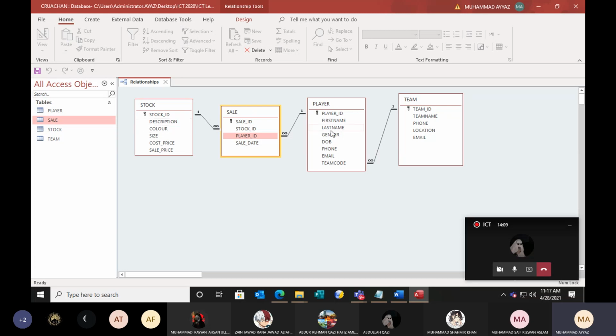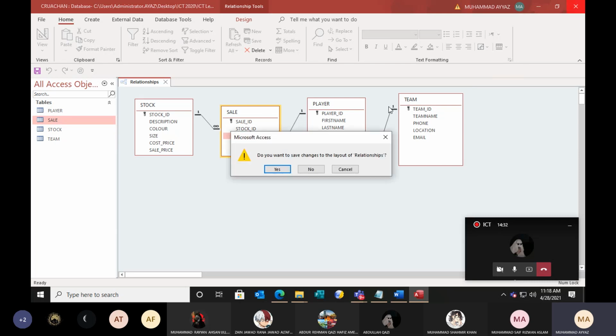If you know the concepts, if you are expert in queries and in relationships as I am explaining, then no issue. For example, in PowerPoint, you know everything. So it will not come from past papers. It will be different, but the concepts will be the same. Okay. So this is one example for relationship.